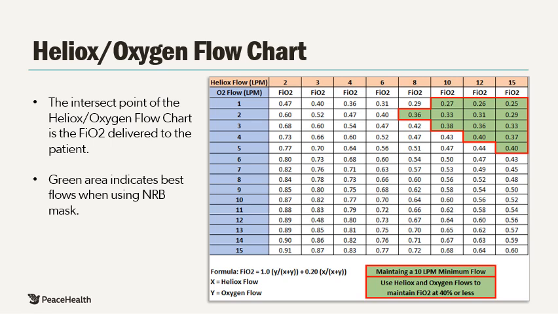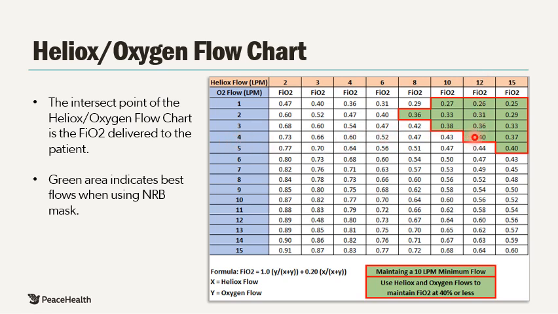Let's take a look at the Heliox flow chart and let's learn how to use this. So when we want to determine what flow will give us a certain FiO2, we can start at the top and work our way across. Here we have our Heliox regulator flow. On the other axis, our y-axis, is our oxygen flow coming from our oxygen flow meter. So if we're trying to deliver, for example, let's say 40% FiO2, we can deliver that at 12 liters Heliox and 4 liters